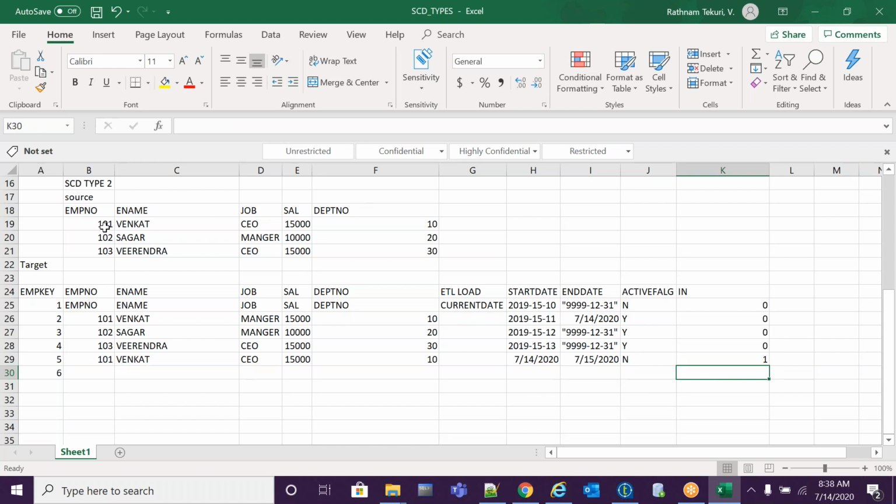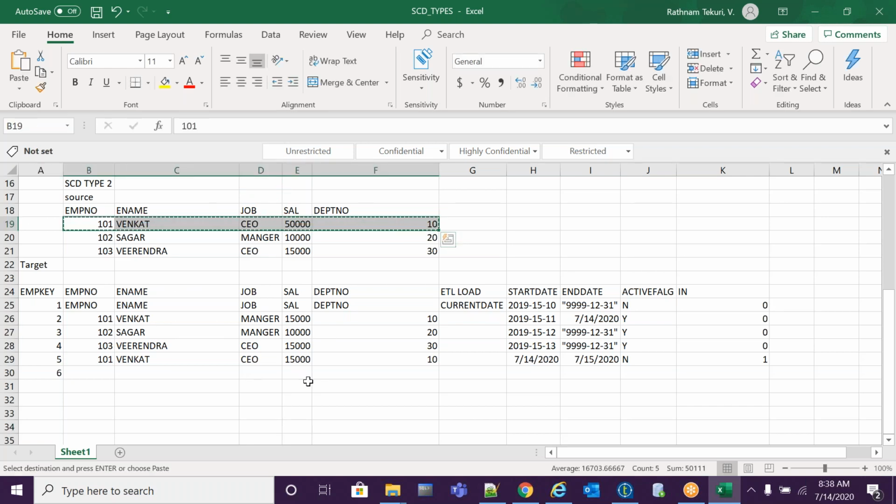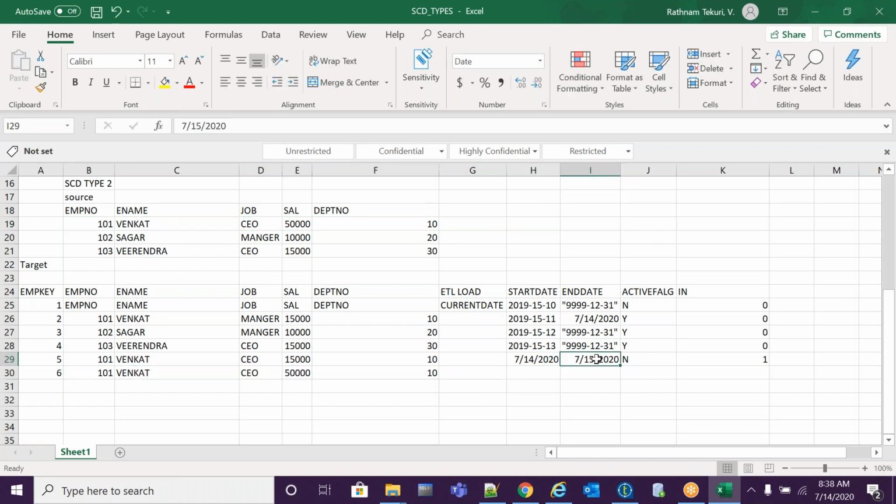Okay, same record, it will copy the record. What is the salary value? Suppose the salary is changed to 50,000. So copy the 50,000 value and paste it here. How will it load? This will be the current date, and this will be made the higher end date, and this will be made the active flag Y. See, 101 is coming for the third time, repeating. So the version indicator will change to 2. Increment: the previous version plus 1.